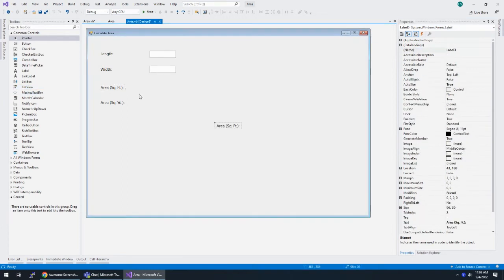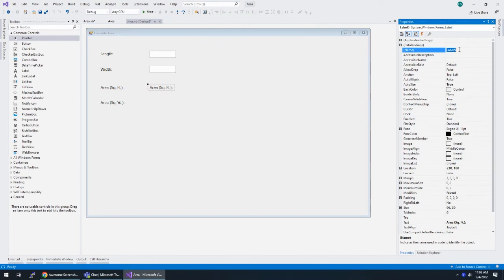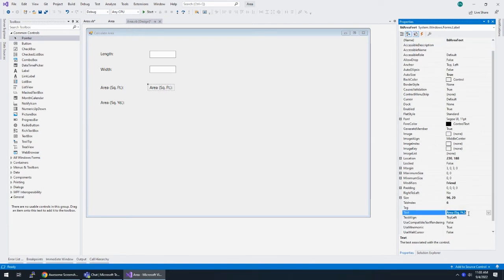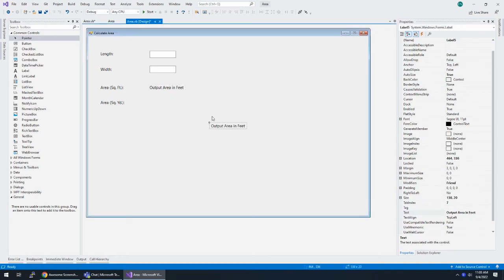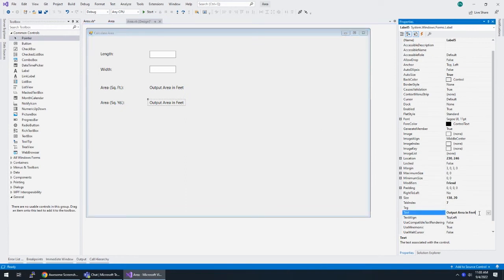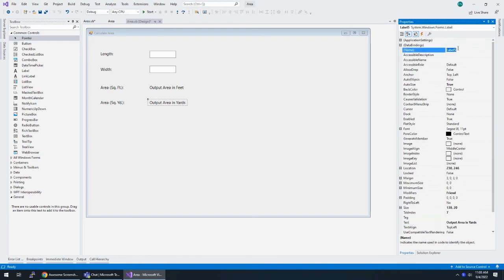All right, give me a copy of a label here. This one I am going to name. So this is going to be LBL area feet because my code will be accessing this element. All right, and the label here is output area in feet. Copy paste. This is output area in yards. So I'm going to call this LBL area